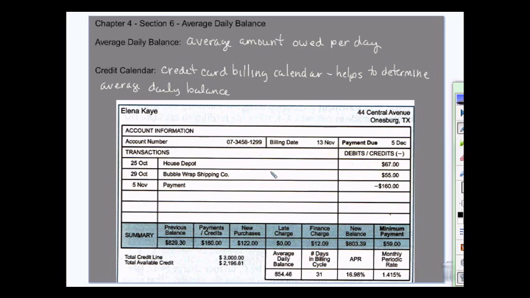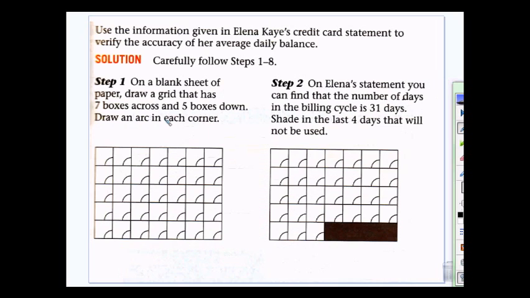from our own statement. So we get our credit card bill, and we can figure out our average daily balance to determine if they calculated it correctly or not. So you can check your credit card bill this way. And the next couple of slides are going to give us the steps to how to do that. So the first thing we do